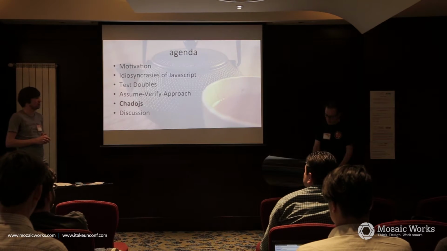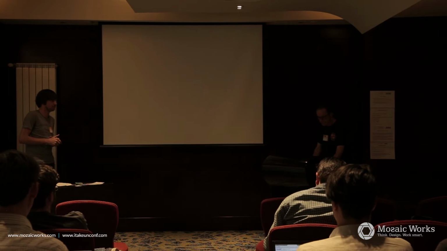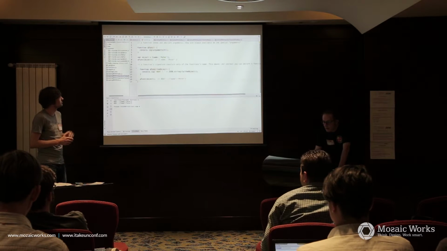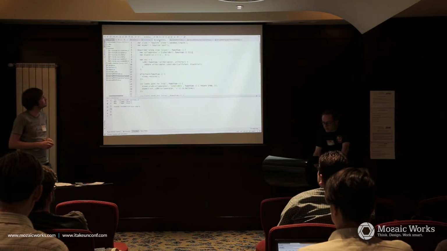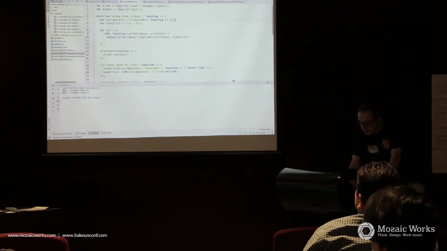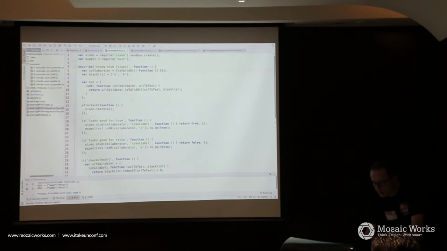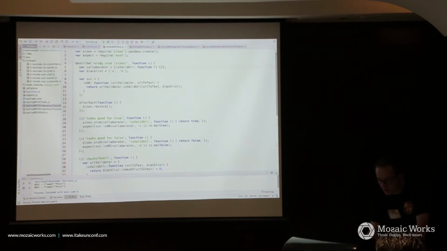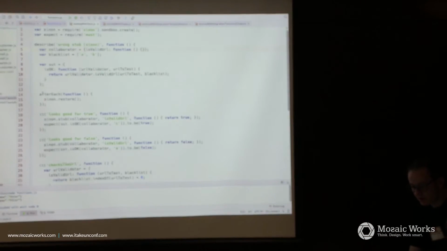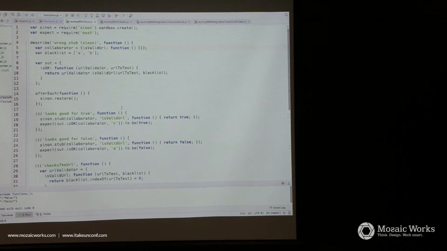Because we said it's a live coding session, we show some more code. This is just a normal JavaScript test. For those of you who know Sinon and Mocha, and this describe, it, should way of doing things, this is just normal stuff.